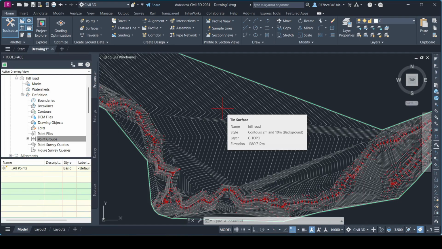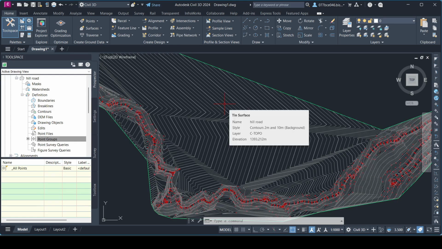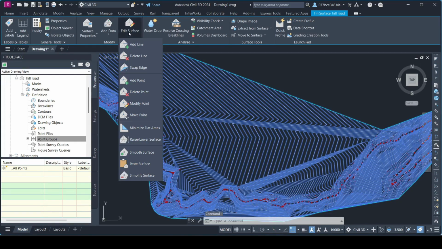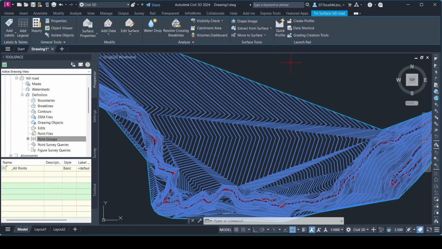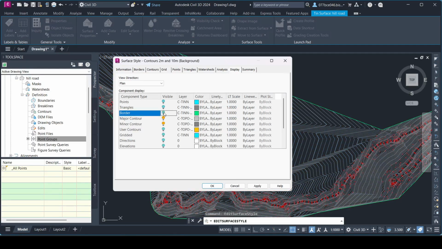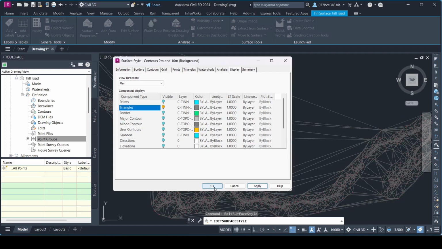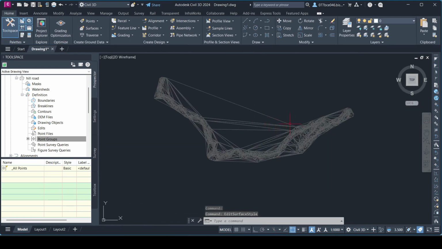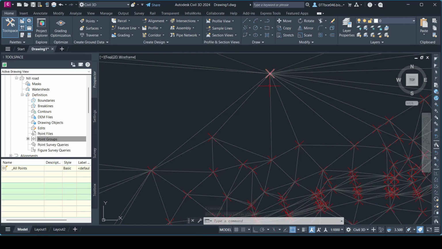Now, since it is made up of triangles, let's view the triangles first. Only then we can edit it. So let's select the surface, go to edit surface, and just select the surface, right click, and go to edit surface style, and switch off the border, major contour, minor contour, and switch on the triangles and just apply it. Now you can see there are triangles visible, and these triangles are formed by interpolating a point with another